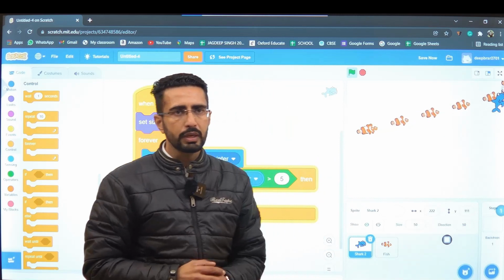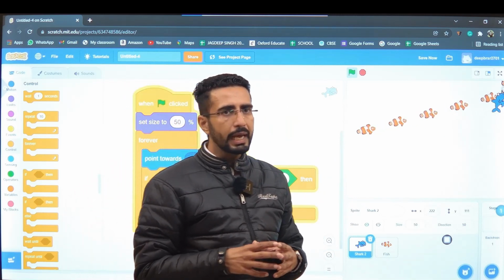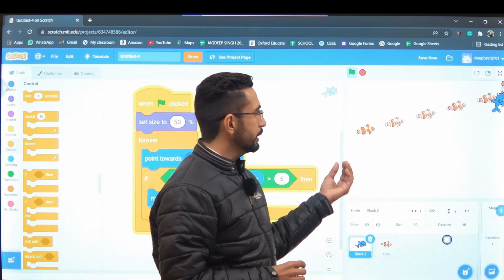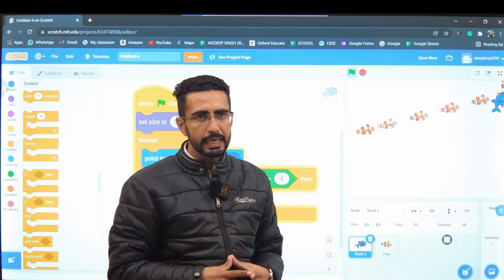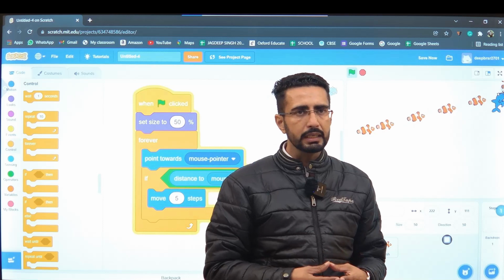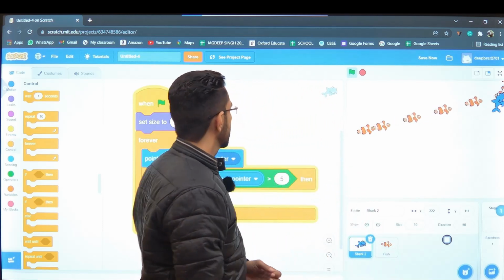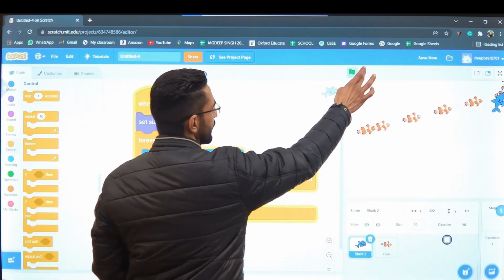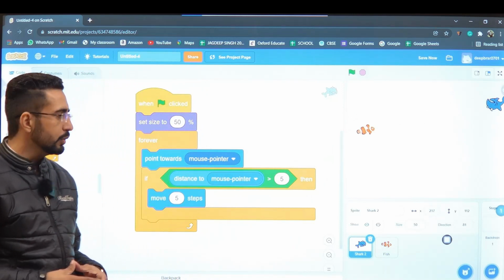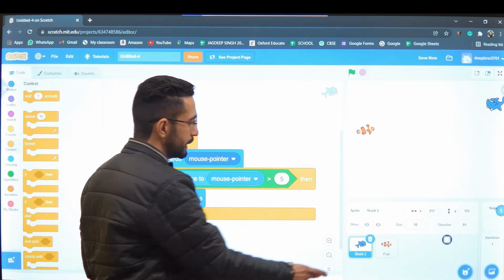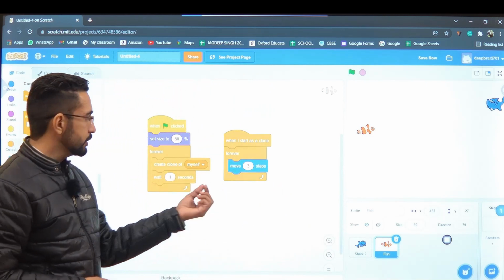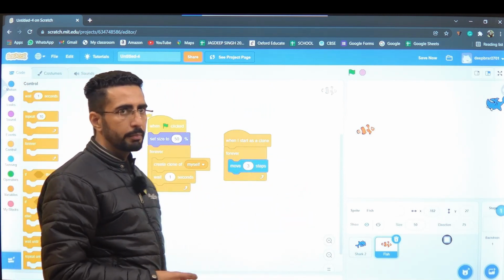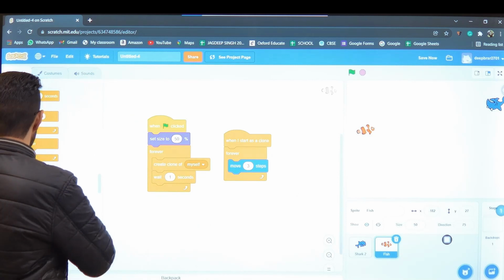from the frame. For that we will add a control for when we touch the stage or when we touch the edges, so it moves back or rotates its direction. So we will click on the stop button and now we will add the control. For that click on the second fish. So forever it moves 3 steps, but when it touches the edge,